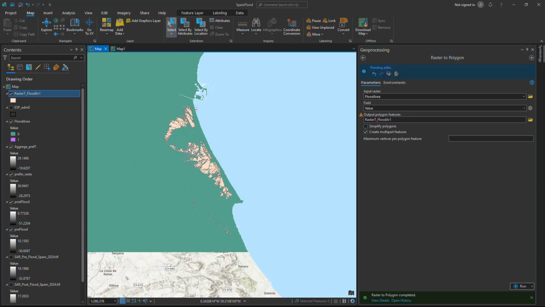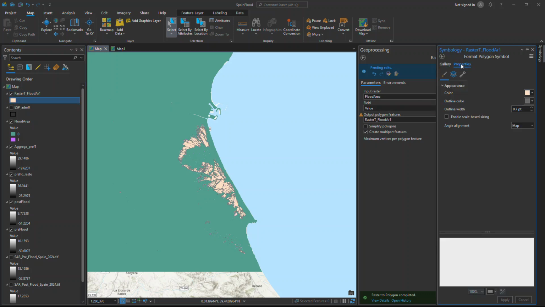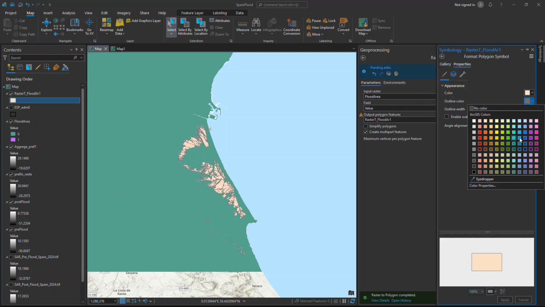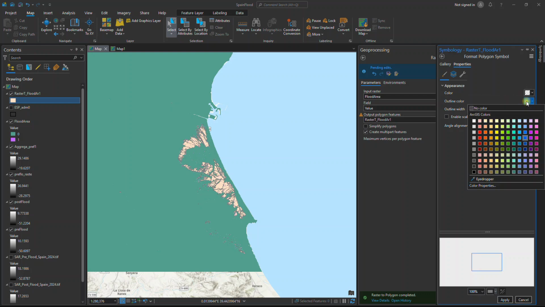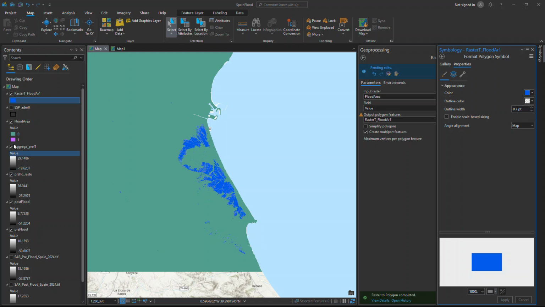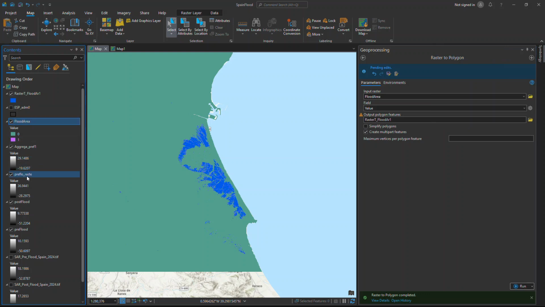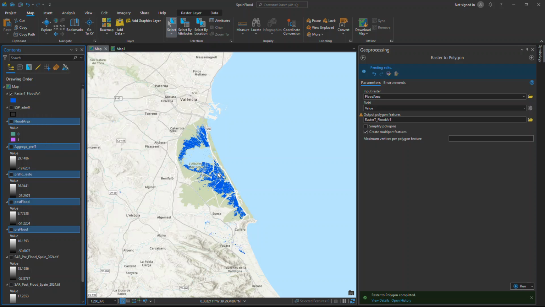There you go, that's your flooded areas. Let's just make them blue, easy to visualize. No, it's the other way around, and that's good. There you go,